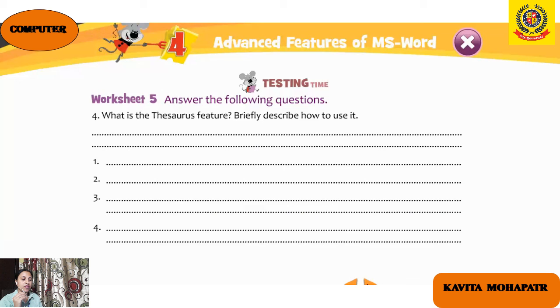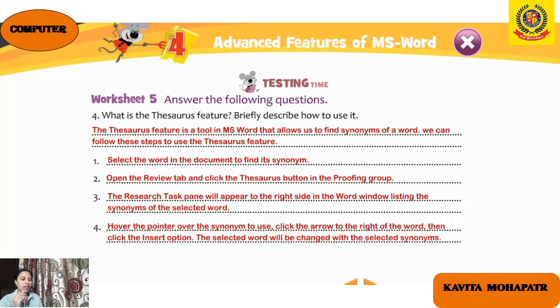Third, the Research task pane will appear on the right side in the Word window listing the synonyms of the selected word. Fourth, hover the pointer over the synonym to use, click the arrow to the right of the word, then click the Insert option. The selected word will change to the selected synonym.